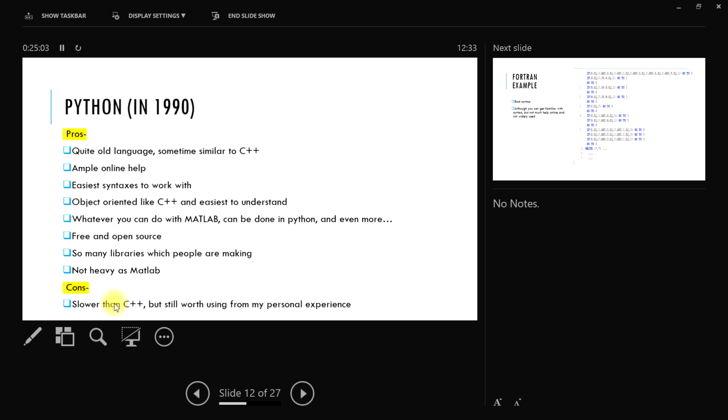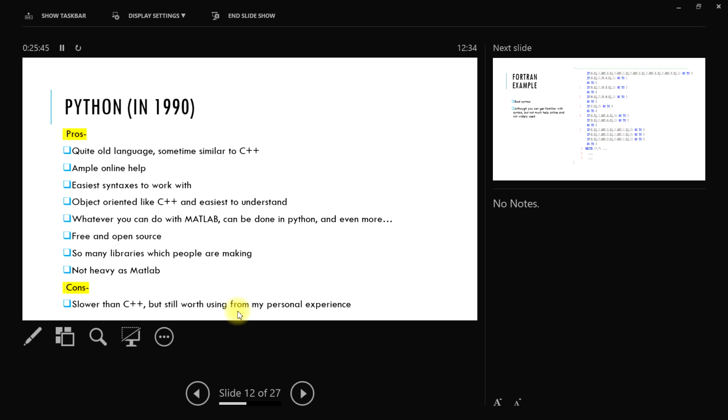Even if they are written in Python, there is a thing called CPython. They convert that into C++ code to make it run faster. I do not exactly know how they do it, how those libraries work. I haven't used it personally, but this is the thing. You have to do the trade-off, and it's not that it's very slow. It's decent enough, and with today's GPU and parallel programming, you can get a decent speed with Python also. So people are using it a lot, and it has become a necessity in many industries. So yes, slower than C++, but I'd suggest it's still worth using from my personal experience.